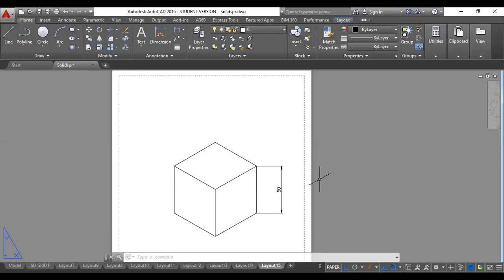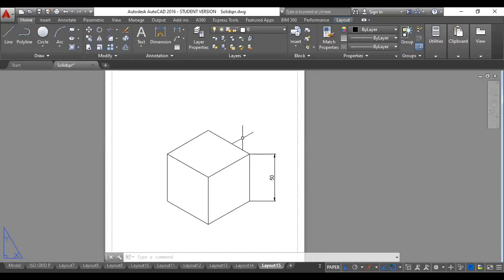You are supposed to change this true length into iso length. Once you draw the drawing, you need to manually change the true length of the solid into isometric length. That is very important. So what I need to do is select the entire cube and change it to isometric length. So I will select the entire cube, then I have to scale it down.